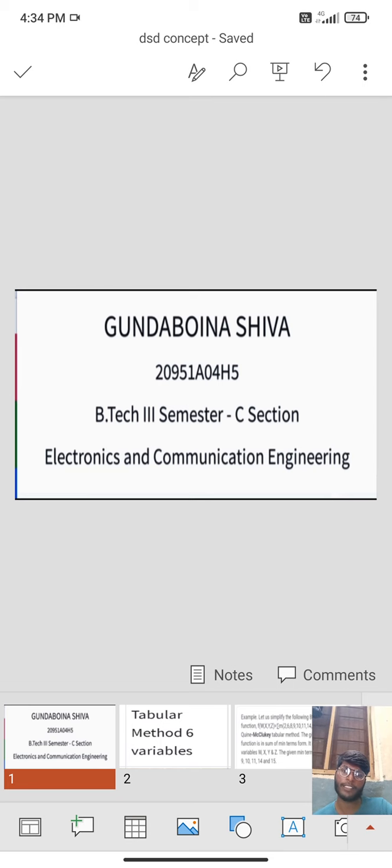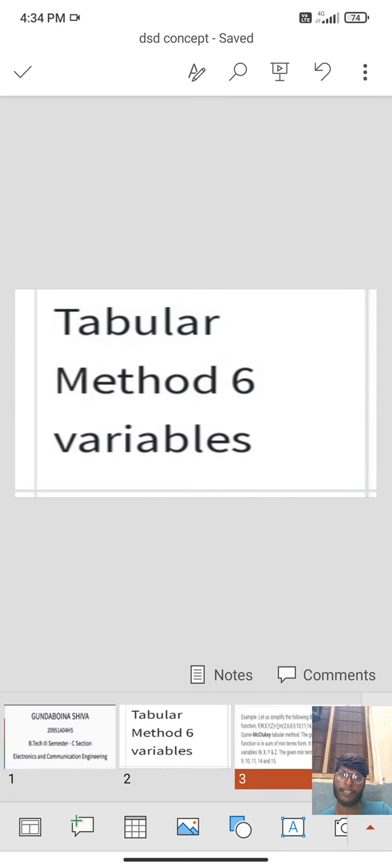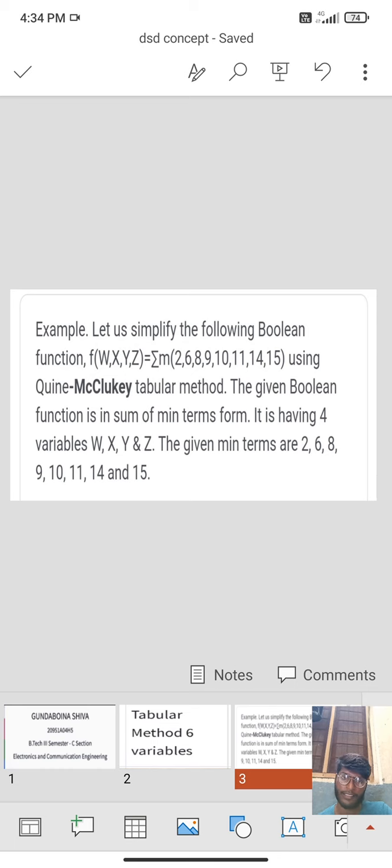Today my topic is tabular methods with 6 variables. Let us consider an example. Let us simplify the following Boolean function f(w, x, y, z) equal to the summation of minterms 2, 6, 8, 9, 10, 11, 14, 15 using